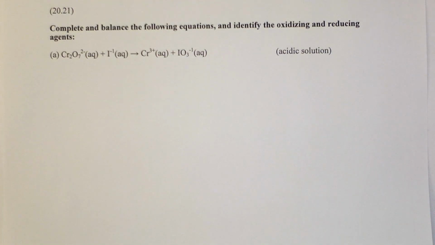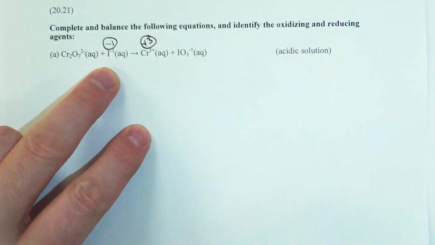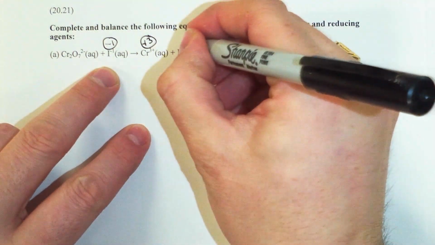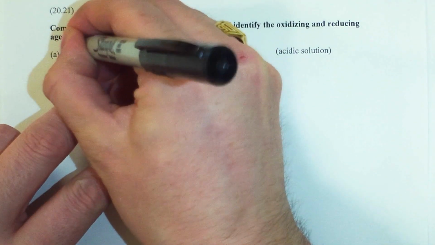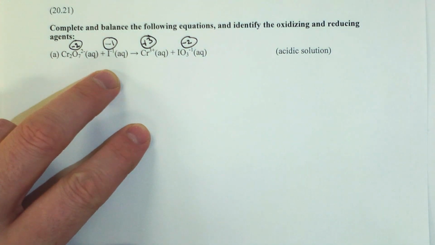So for question 2021, we are going to have to balance these redox equations using acidic conditions. So the method by which we do this is called the half-cell method, and the steps that you need to do when in acidic conditions are identical each time. So the first thing we do is we just assign oxidation numbers. Anything that's by itself is really easy because its oxidation number is the same as its charge. Oxygen is always -2, so again,